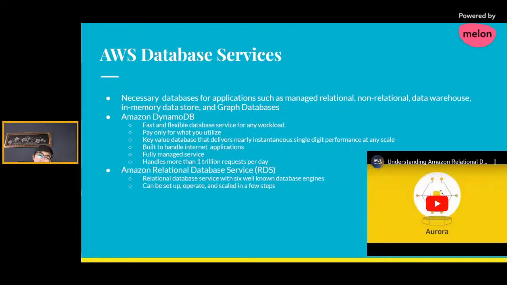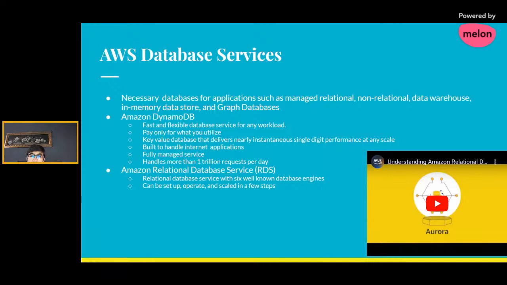Next, AWS Database Services. These are necessary databases for applications, such as managed relational, non-relational, data warehouse, in-memory data store, and graph databases. Amazon DynamoDB is a fast and flexible database service for any workloads where you pay only for what you utilize. It is a key-value database that delivers nearly instantaneous single-digit millisecond performance at any scale. DynamoDB is built to handle internet applications, and it is a fully managed service that handles more than 1 trillion